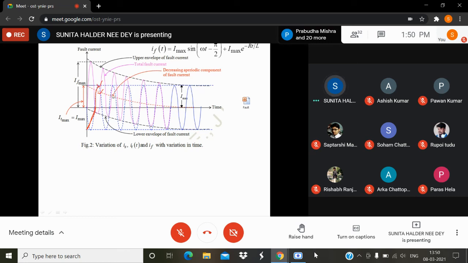So for that reason, if any asymmetry is introduced, the current becomes higher. When it dies down, the system will be steady under fault. All are abnormal conditions. So obviously the current is gradually dying down, and every time you try to redraw this, because at the initial condition if it is Imax, then the current will be 0, then it will gradually go up and down.